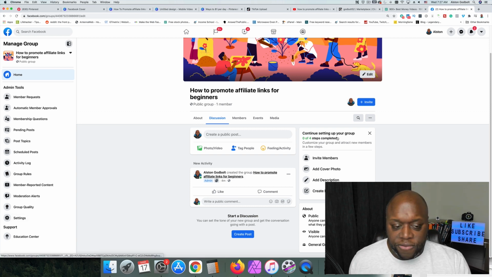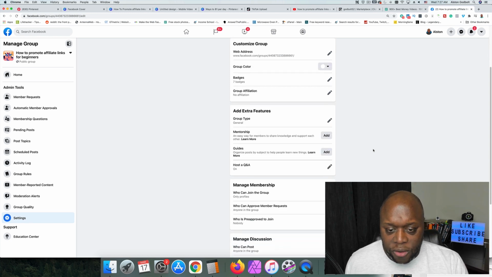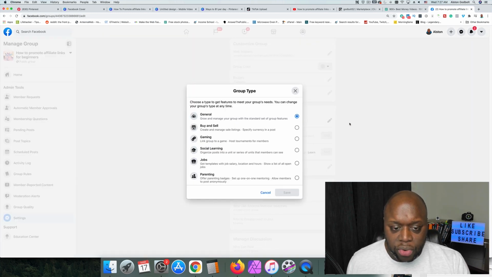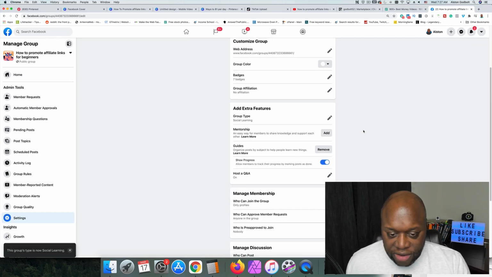That is usually the only thing you need to get up and running. You can go through the settings if you want and make some modifications there. Again, we've got the name and the description, we've got the privacy, we want the group visible, and then you can do the location, United States. You don't have to do that. Web address, not important. Some of this stuff isn't important. What you do want to do is change the group type to education, social learning. That's going to help Google and people see that you have free training to give them.